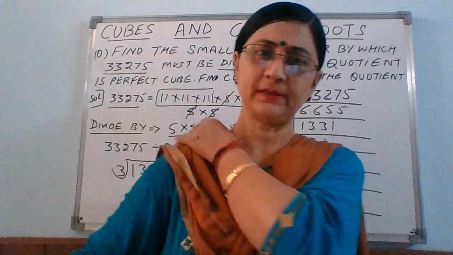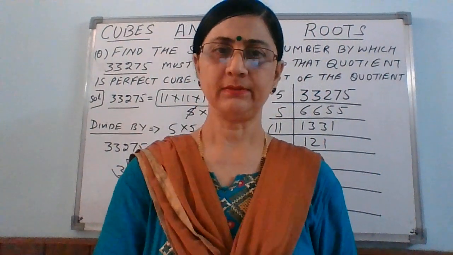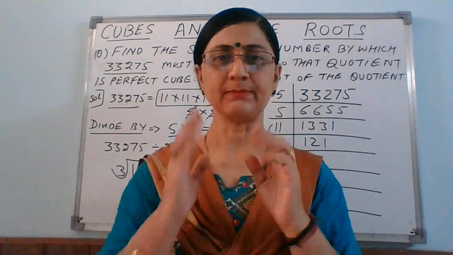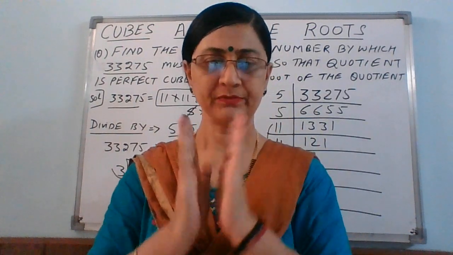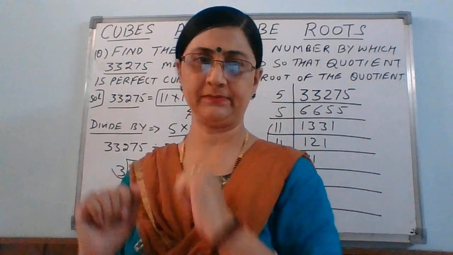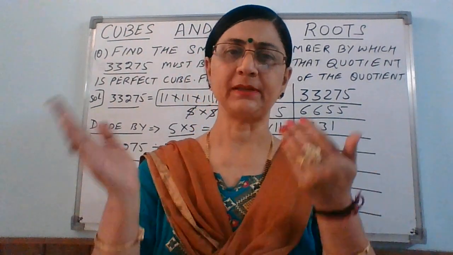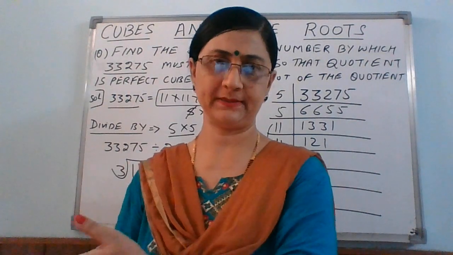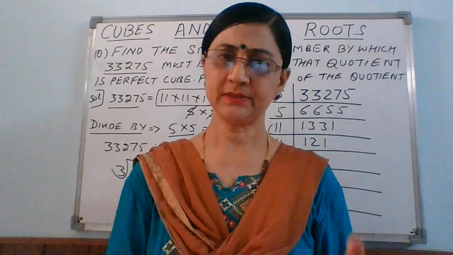Cubes and cube root chapter I have completed. I'll explain once again. Cubes means 5 ka cube. Cube means multiply that 5 3 times. 5 मल्टीप्लाई बाय 5 मल्टीप्लाई बाय 5। क्यूब बहुत सिंपल है, जस्ट 3 बार मल्टीप्लाई कर दो, कोई भी नंबर है। 27 का क्यूब 27 मल्टीप्लाई बाय 27 मल्टीप्लाई बाय 27, सो क्यूब डन। देन कम्स क्यूब रूट।